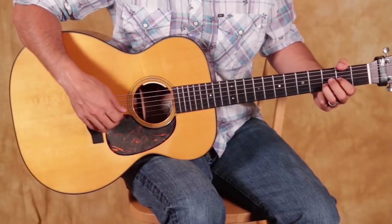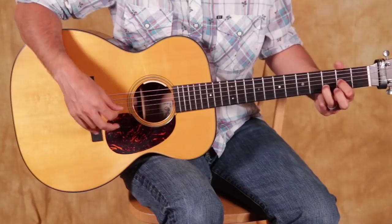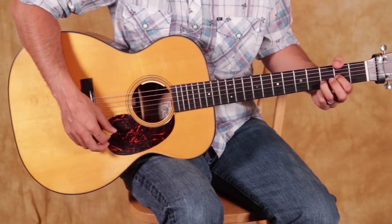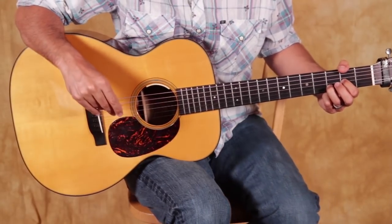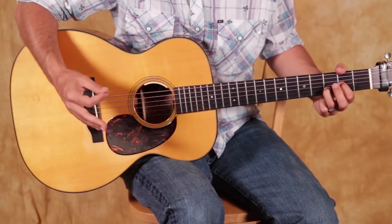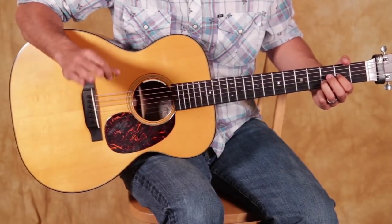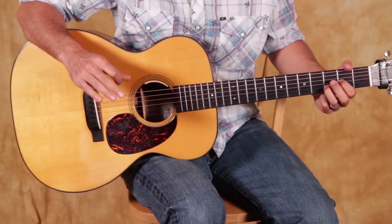All right, so we're going to basically base everything off this D chord. I like keeping that E string open. It sounds extra country rock, Bon Jovi, whatever. I don't know, cowboyish. But from that point, I'm going to give you a bunch of different riff ideas that we can do,